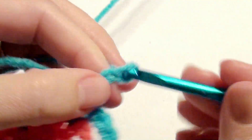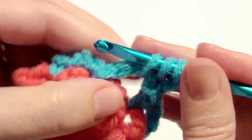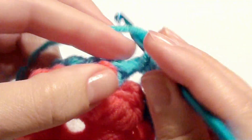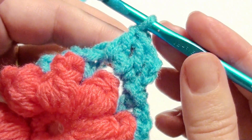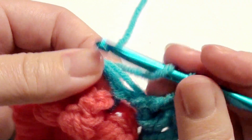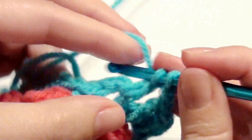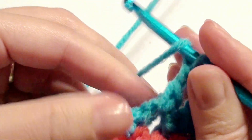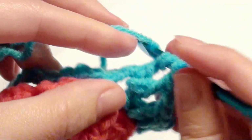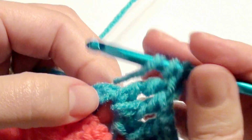and then chain 3, work a double crochet one more time for a total of 3, including the chain 3, and then chain 1, and then work a double crochet and then a treble crochet, yarn over twice, insert your hook, yarn over, pull through 2 loops, yarn over, pull through 2 loops, yarn over, pull through 2 loops, work another treble crochet,